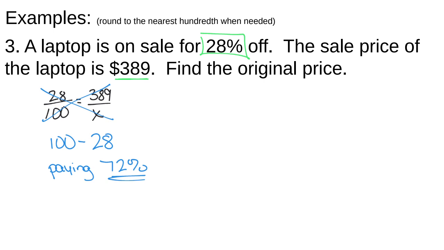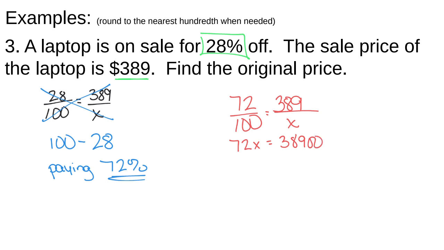So let's try this again. I don't want to use 28%. I have to use 72% because that is the percent that we are paying. And 389 is a part that we are paying. Once we have it set up, we're going to cross multiply and then solve for x. We're going to have to round here. We're rounding 2 decimal places. We should be getting